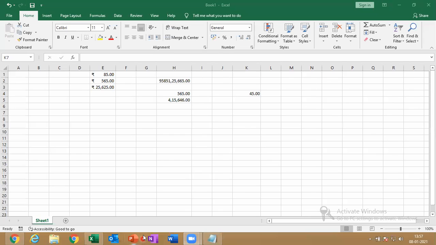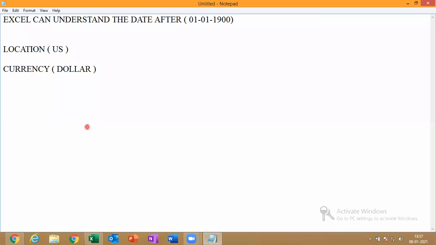So the next concept we are going to do is conditional formatting. For that, let me tell you what conditional formatting is.